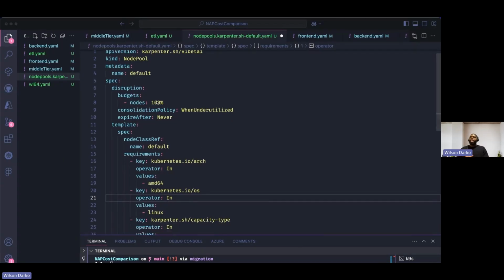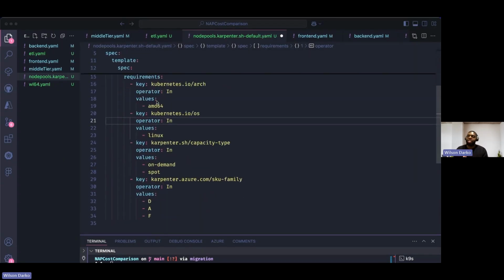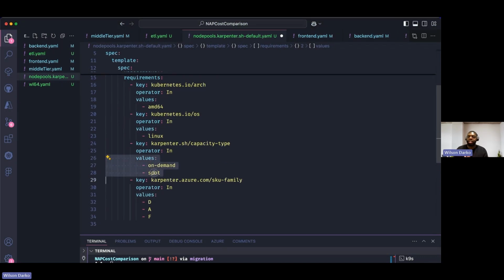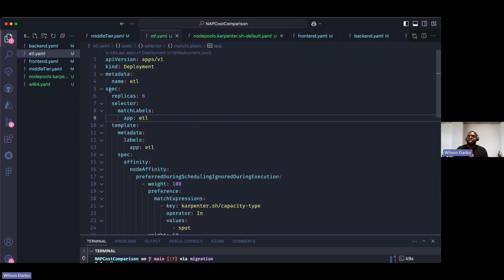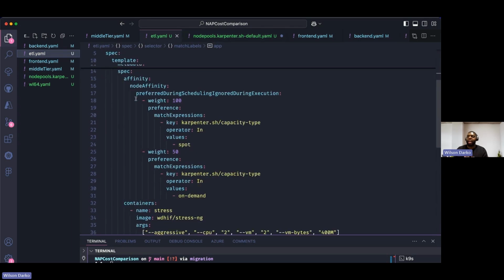Okay, so here is the quick demo I referenced. We have this node pool file, which just gives your exact spec. We see a combination of on-demand and Spot and multiple families referenced in this node pool file. In addition to that, you can now reference for your actual deployment a bias towards Spot.